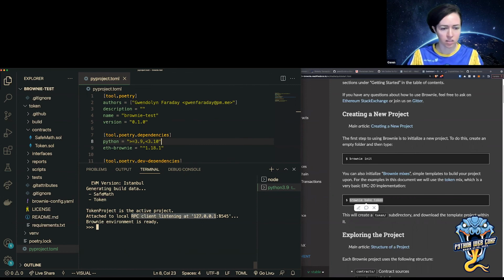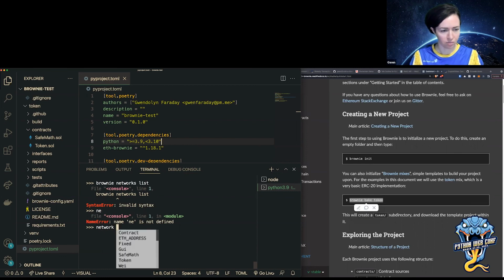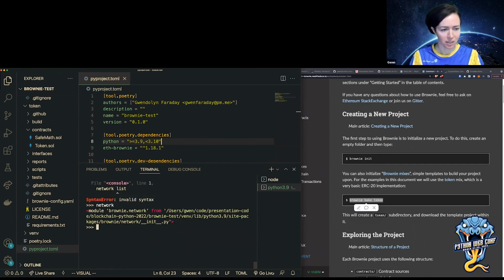You can see it's listening to the RPC client that I'm running over here. And I can do something like, oh wait, it does have autocomplete, so network, and then, oh, it's not liking that for some reason. I guess I can't do that one on the console, but okay.